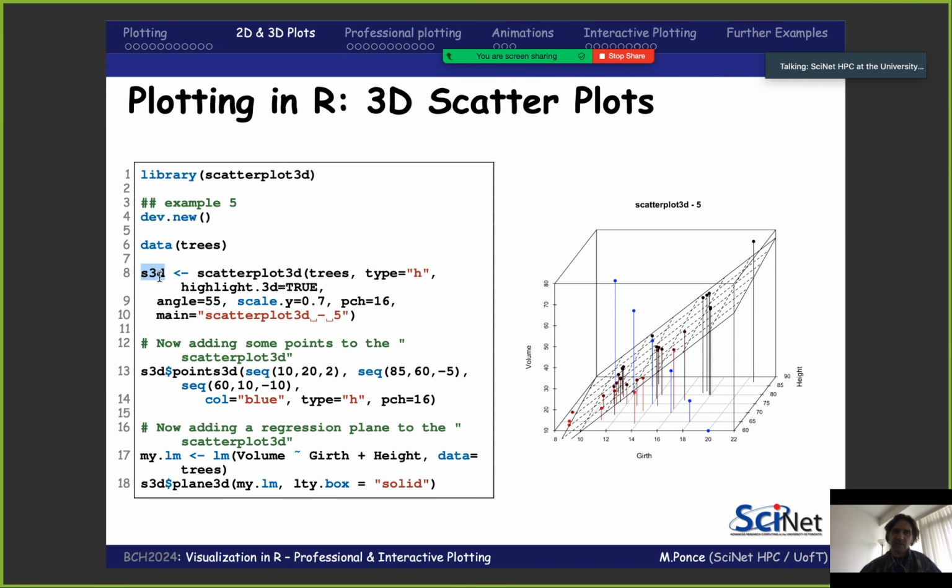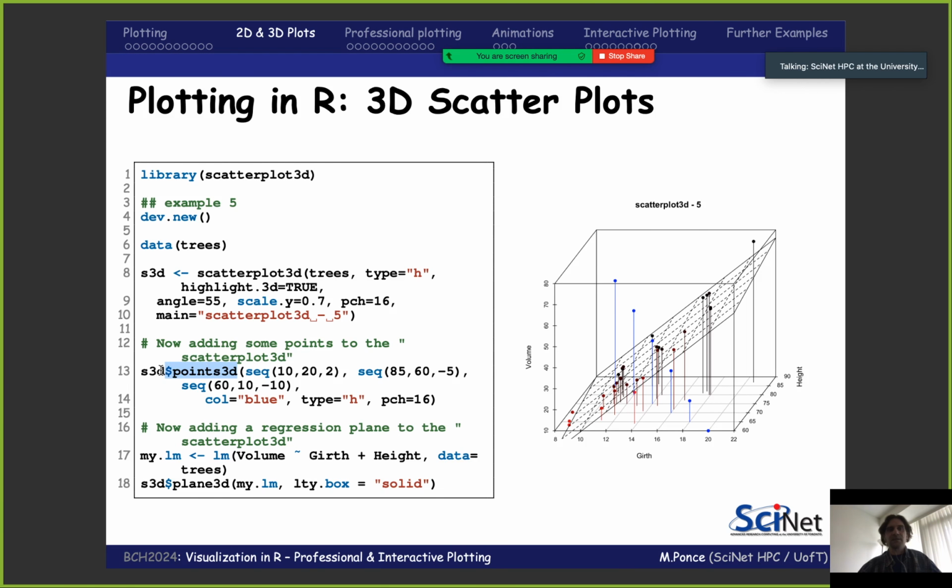Now, I have this object S3D, so I assign this to this object. So now what I'm going to do is, from this object, this variable, I'm going to use what is called a member function. And this is getting very object-oriented. I think I mentioned at the very beginning of our course, R is an object-oriented language. We don't use it as much because we do mostly functional programming. That's what we usually do when we create our functions. But we have the feature of dealing with, when the libraries allow you to do so, what is called properties of the objects.